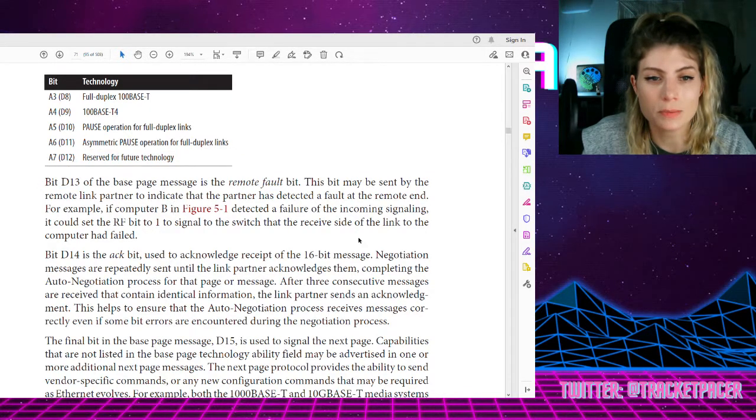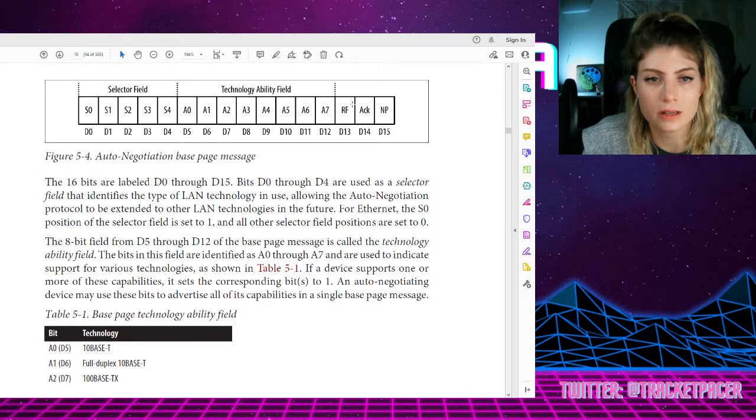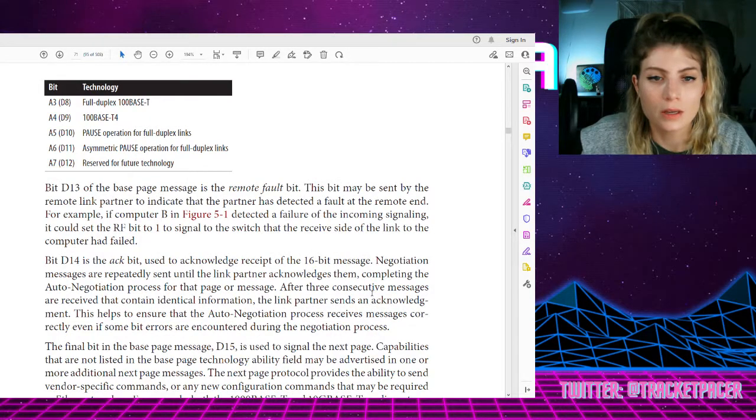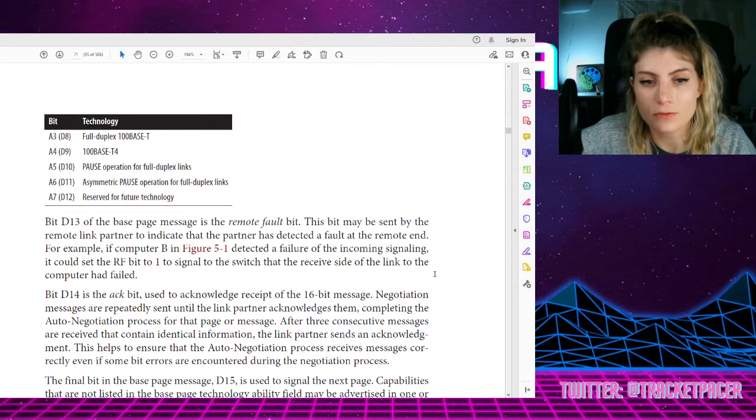Bit D13 of the base page message is called the remote fault bit. So that is this guy, just after the technology ability field. This bit may be sent by the remote link partner to indicate that the partner has detected a fault at the remote end. For example, if computer B in